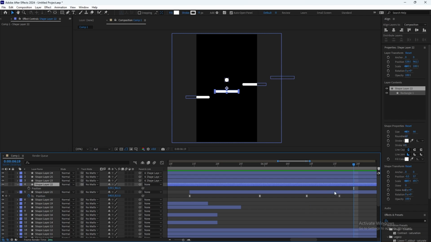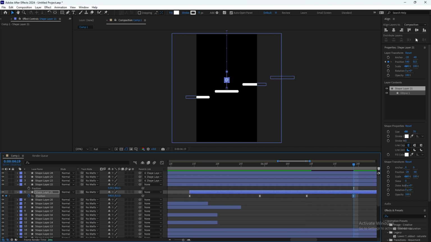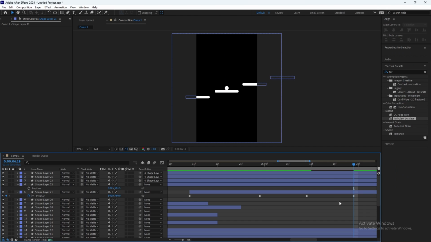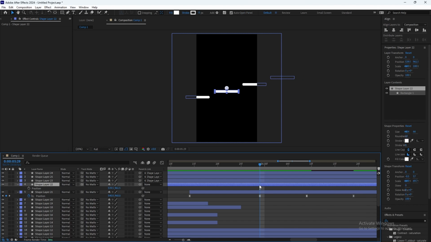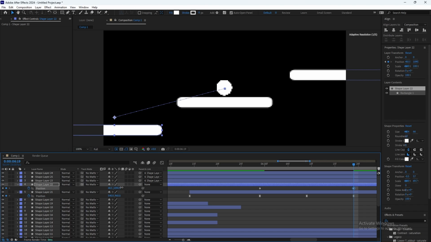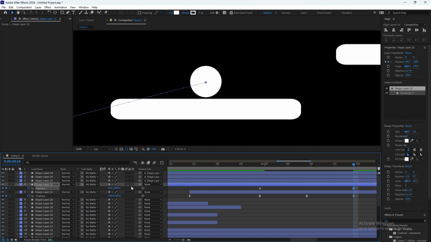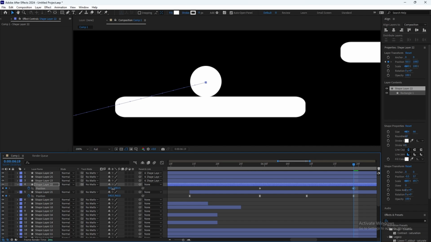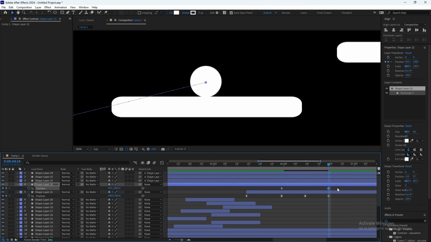We can do 10 frames back here and put it in the middle again, and we can just move the floor. So position 20 frames ahead, make it go down, left, yeah, something like here. Let's do F9.